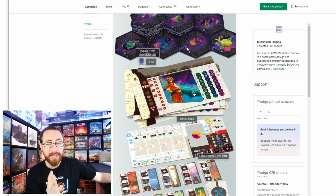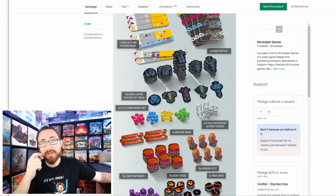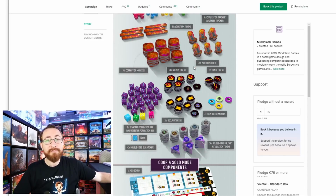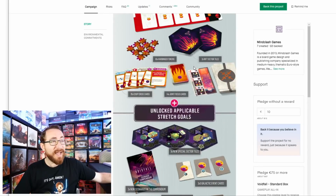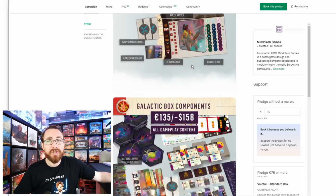I think that the full pledge will 100% hold its value. The main core pledge may not, because the main core pledge is going to be more compared to the price point after the fact, which you can get on the website, or you can get it on sale whenever. But if you want the deluxe box, all those extras, the ships and whatnot, the upgraded components, all those things will hold their value just fine, as every single Mind Clash Kickstarter that has had deluxe and hard to get things has until now. It's the core pledge that's the only one that's a question whether it's a good back